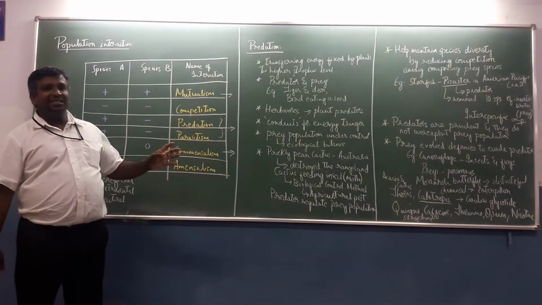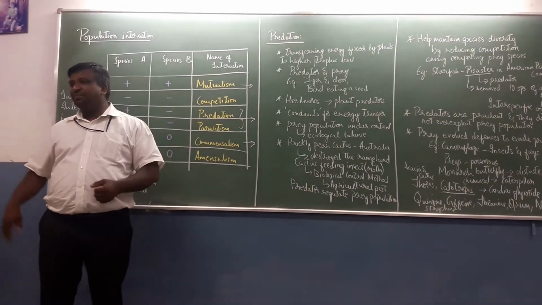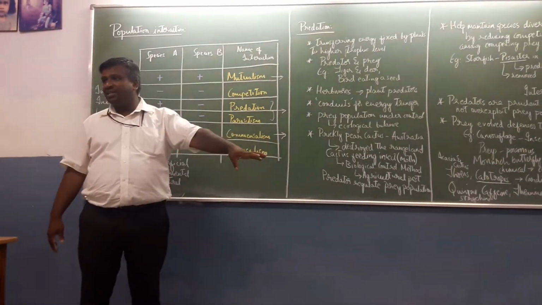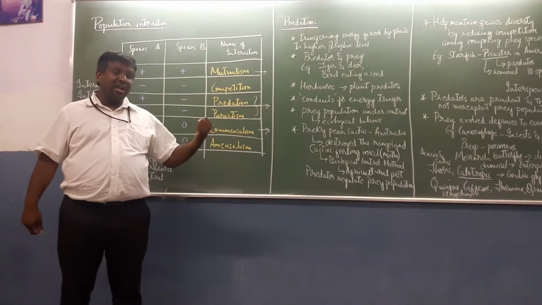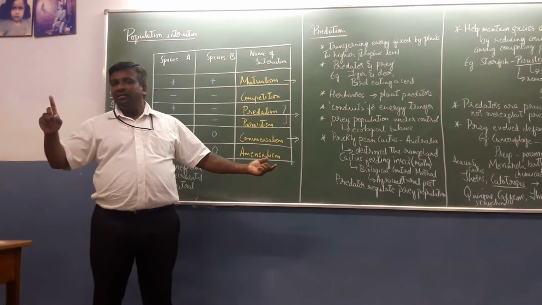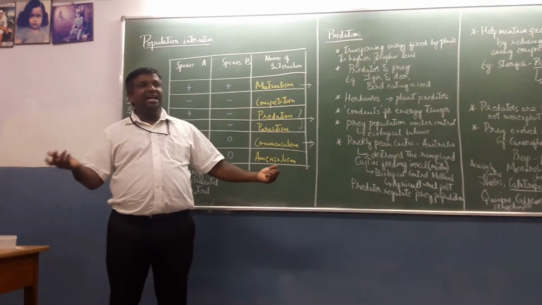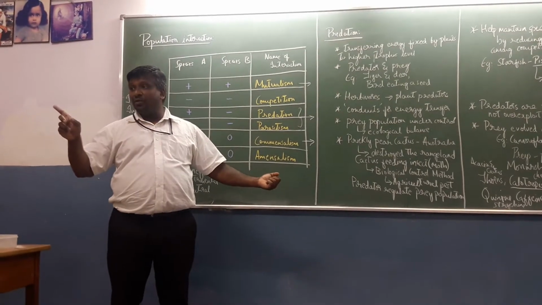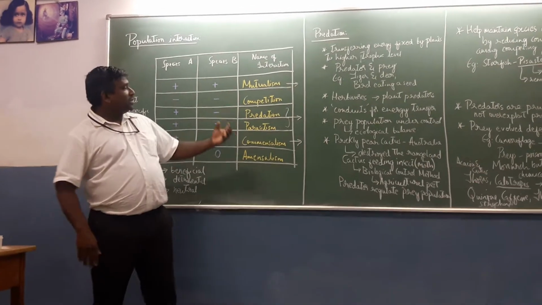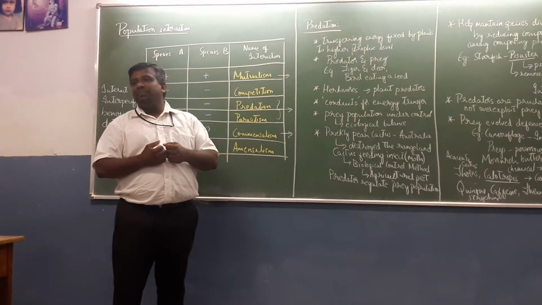Now plants, they are the producers. They are at the lowest trophic level. They are larger in number. They are going to capture the sunlight and convert it into chemical energy. So the energy that is trapped by these plants is taken up by the next trophic level. What is that? First consumer, primary consumer is herbivore. Secondary consumer is primary carnivore. Tertiary consumer is secondary carnivore. So they can be fed by the herbivores. Herbivores get the energy from the plant.